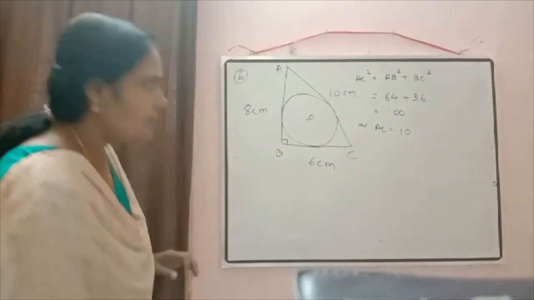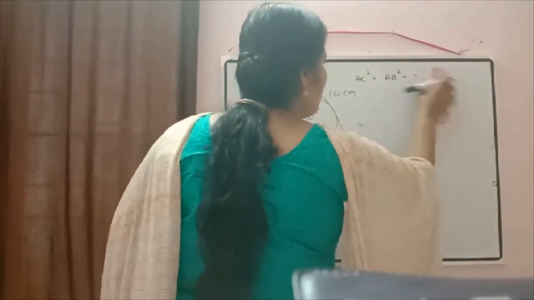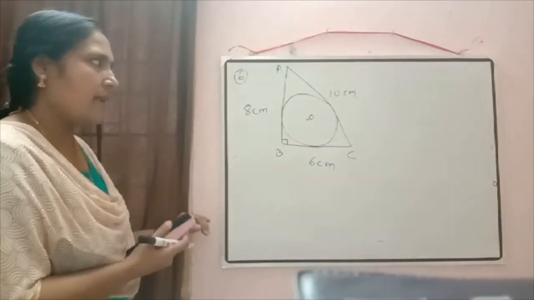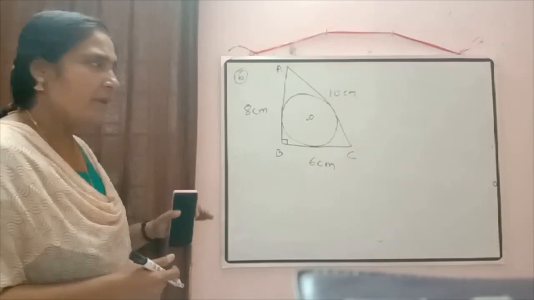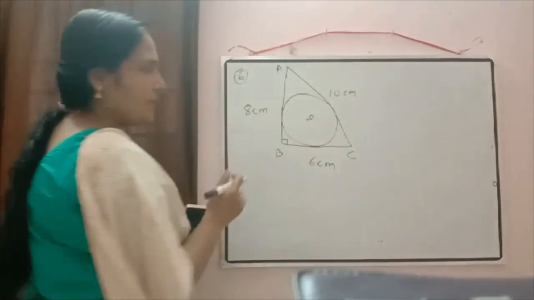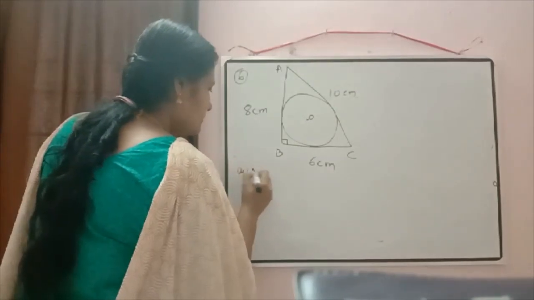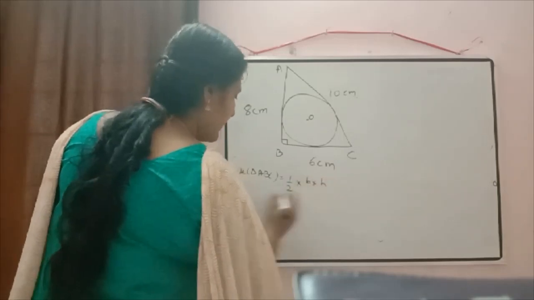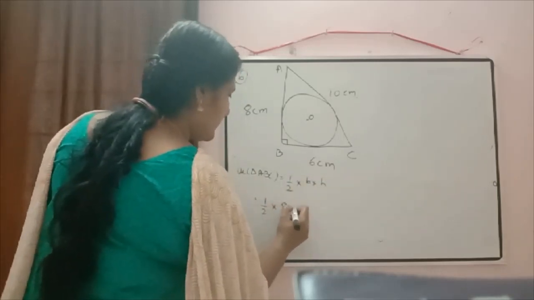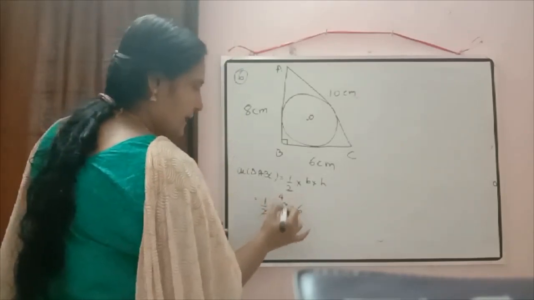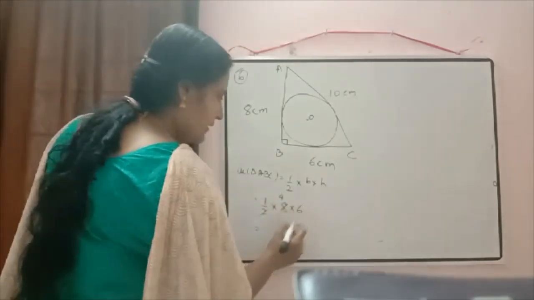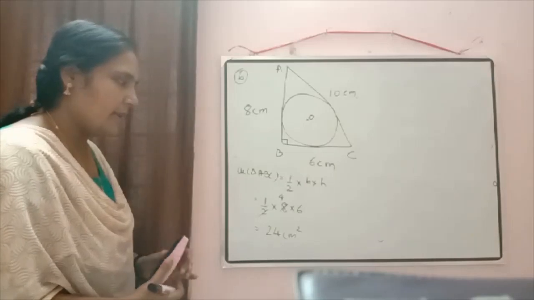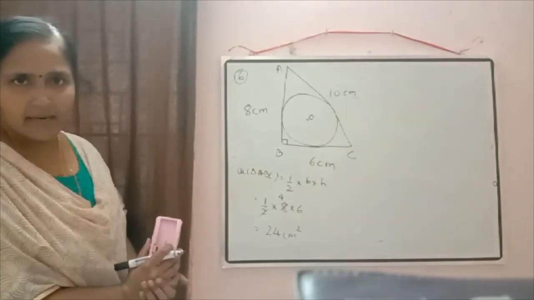Now as we did in the previous one, same concept we are going to use here, but here since it is a right triangle, to calculate the area of this triangle we can use the concept of area of right triangle. So first I am going to calculate the area of triangle ABC. So just write down there, area of triangle ABC is half into base into height. So it will be equal to half into 8 into 6. 2 and 4 will get cancelled, 8 will get cancelled. Then we will get here 4 6 is 24 centimeter square. So we got area of triangle ABC is equal to 24 centimeter square.